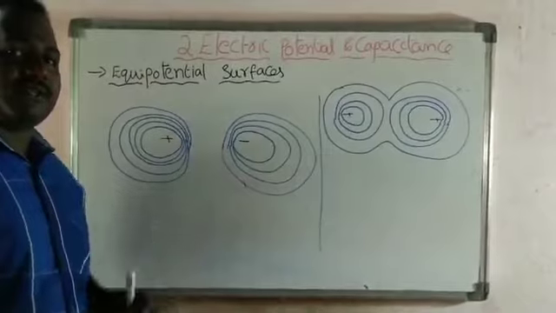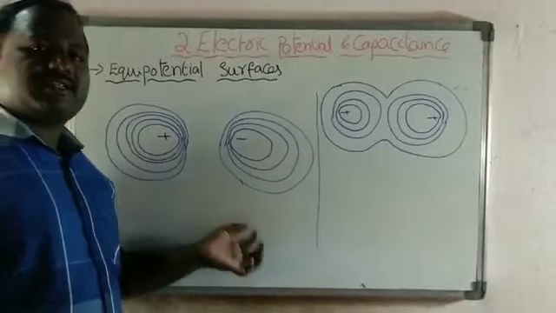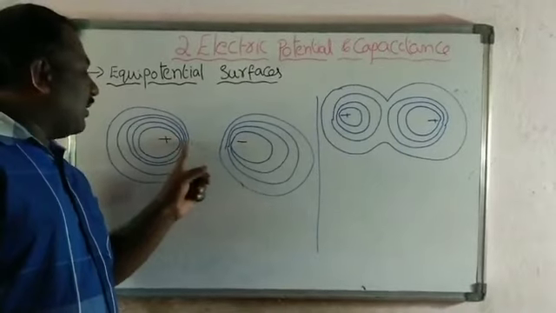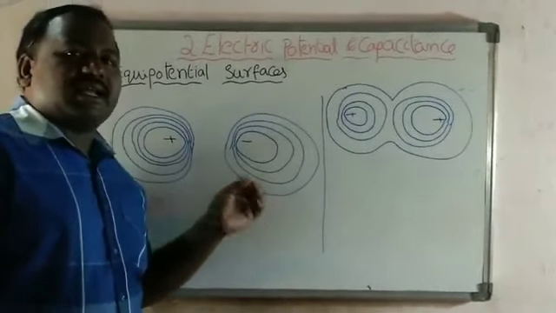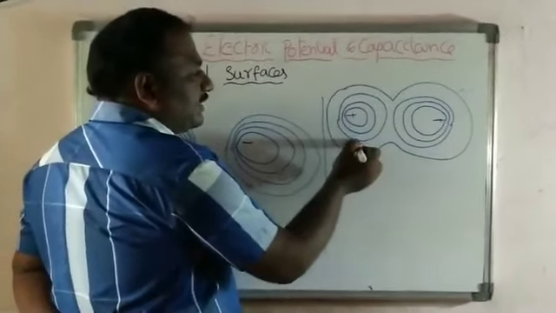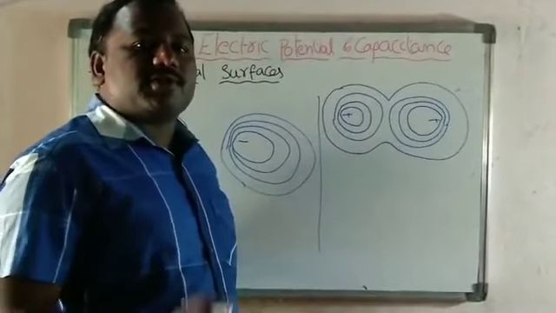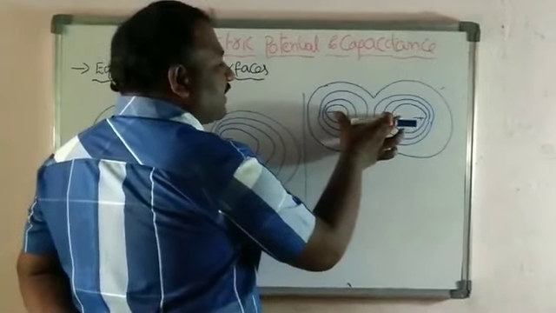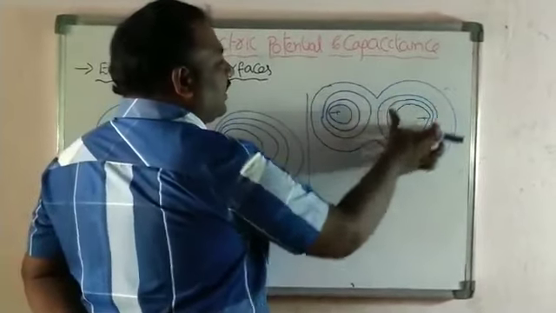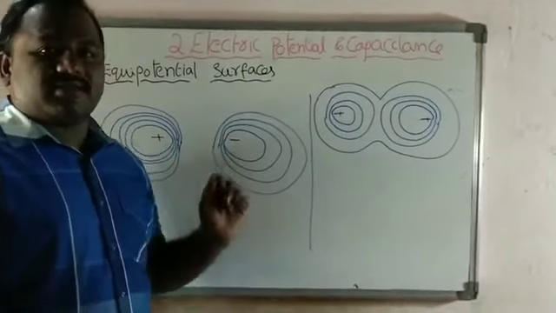This is important for one more question. See here, when we consider unlike charges, then inside between the two charges, the surfaces are nearer to each other and outside the surfaces are far. In a similar way, when we consider like charges, in between them a force of repulsion is there. Due to the force of repulsion, inside the surfaces diverge, meaning far from each other, and outside the surfaces are nearer to each other. So like that we are going to draw the equipotential surfaces.